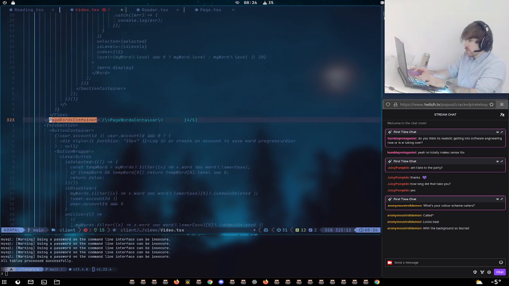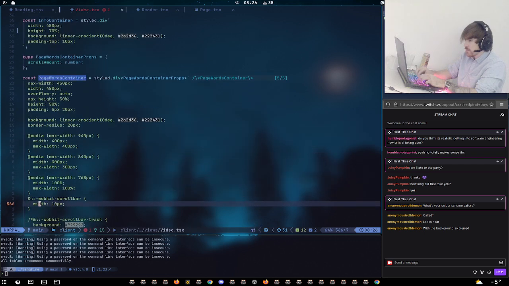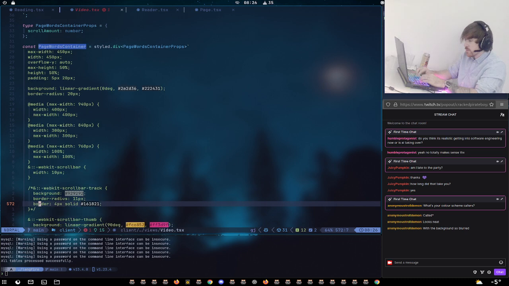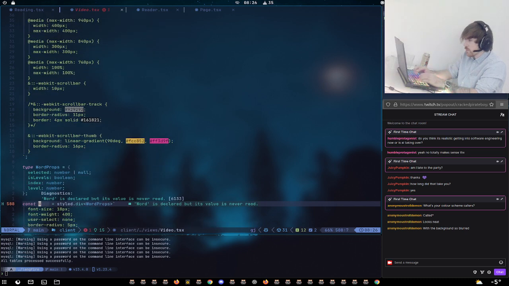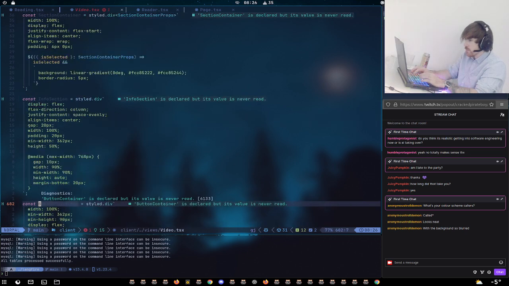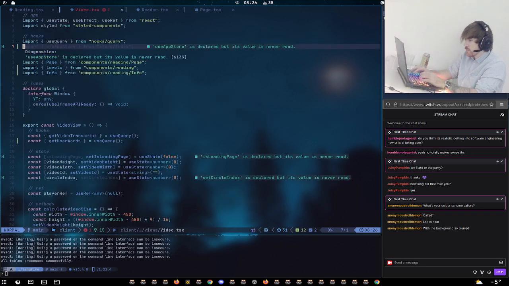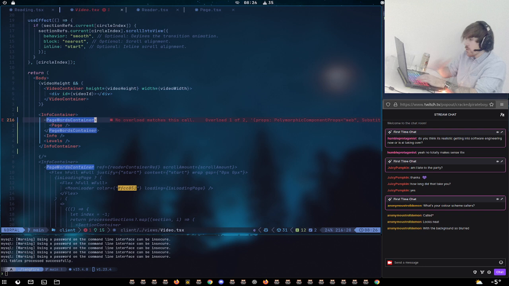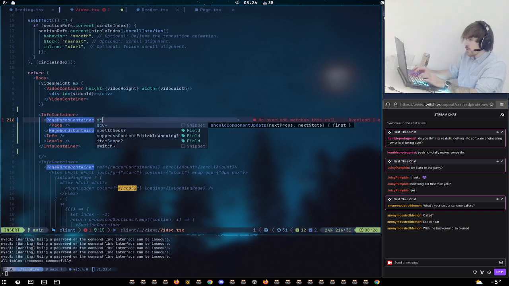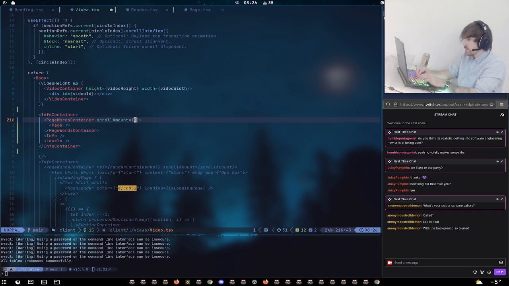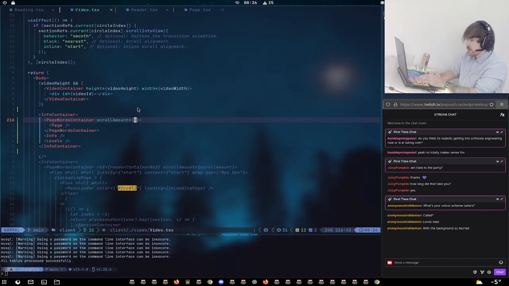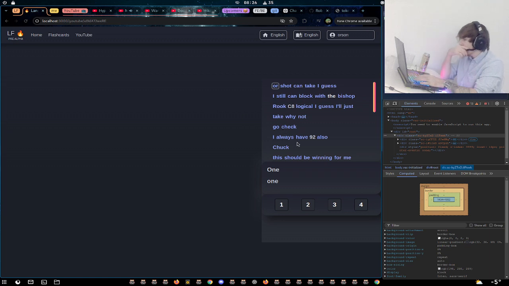No overload matches the call. Right. Scroll amount is missing. Scroll amount equals, let's just do 0. Well, no.